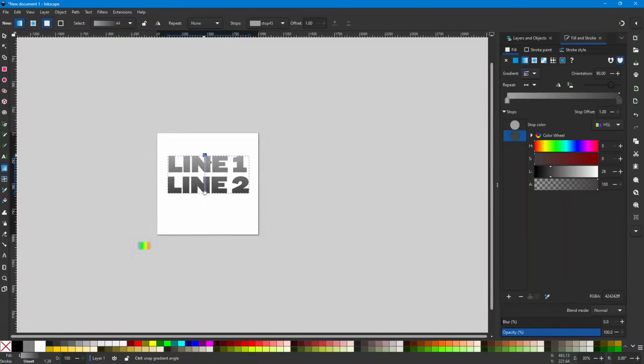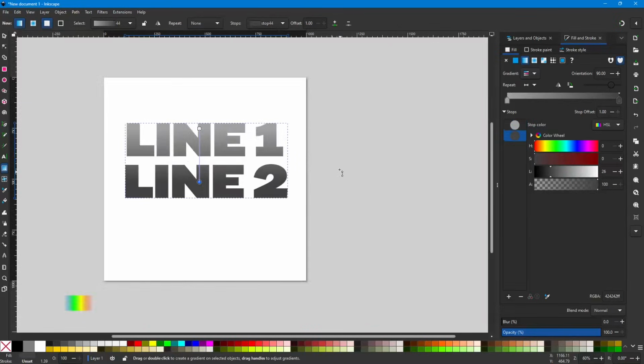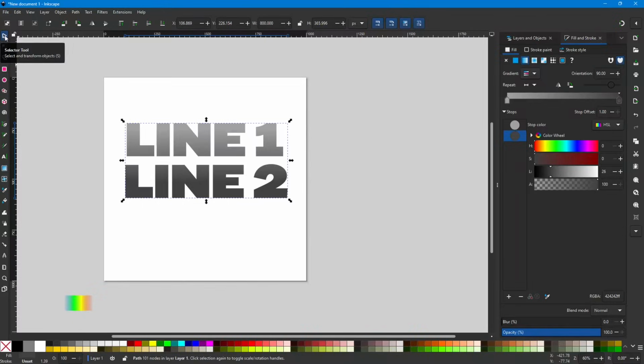So now we've made a color gradient that falls across both items that look like separate items, but it's treating them as one thing. So that's just a fine nuance, just some minor detail, but it allows you to add some creativity to your